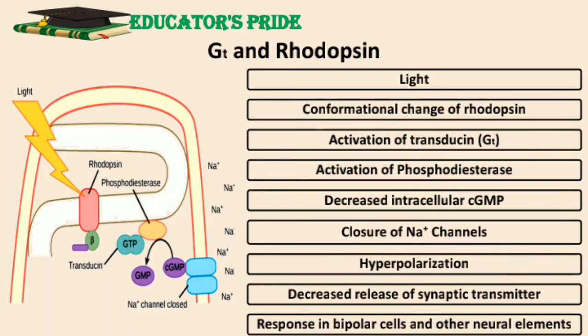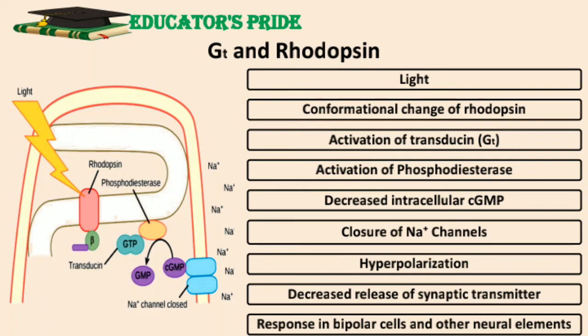It can bind either to GDP or GTP. In the dark, GDP is bound. All three subunits of protein, alpha, beta, gamma, remain together and no signal is sent. When rhodopsin is excited by light, it interacts with transducin, catalyzing the replacement of bound GDP by GTP from the cytosol. Transducin then dissociates into Gt alpha and Gt beta gamma, and the Gt alpha GTP carries the signal from the excited receptor to the effector molecule cyclic GMP phosphodiesterase, that is PDE.